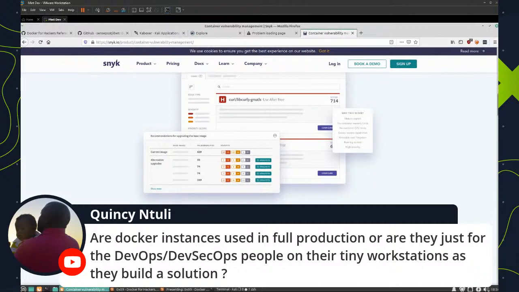So if you're deploying into Kubernetes, they do analysis of that to say, are you sufficiently locking down your containers when you're pushing them out and hosting them? But yeah,